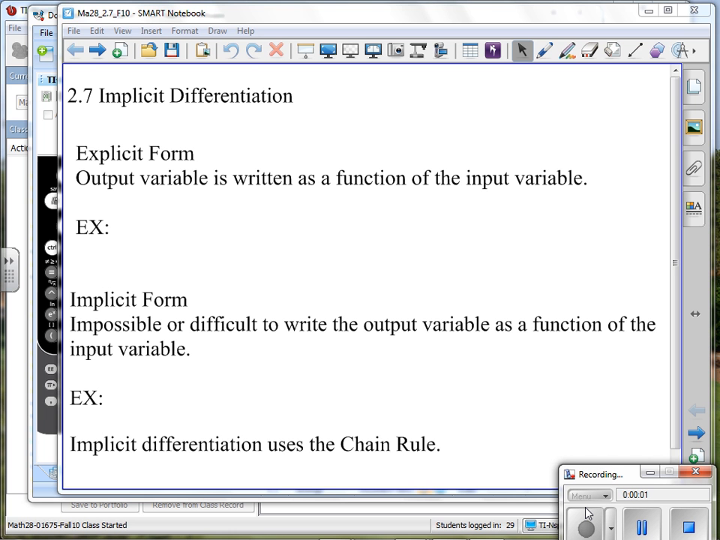behind. We call it implicit differentiation as opposed to explicit. Those are the two terms. We've been doing everything as explicit functions, explicit differentiation. An output variable is written as a function of the input. For example,